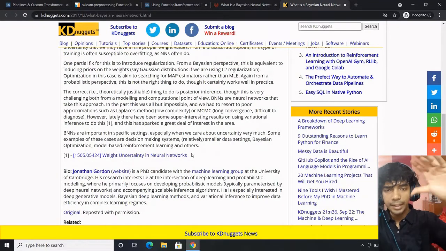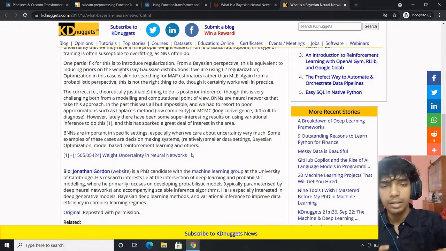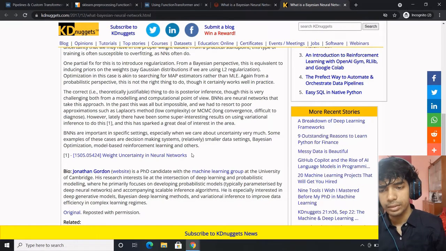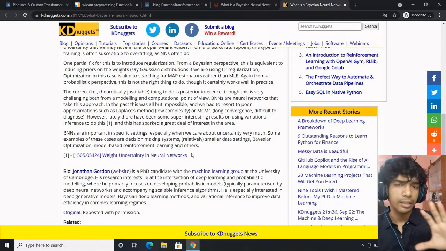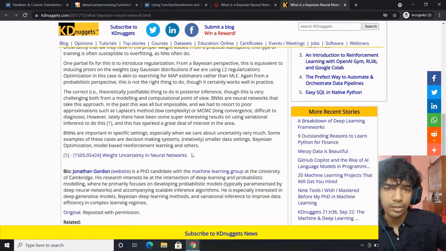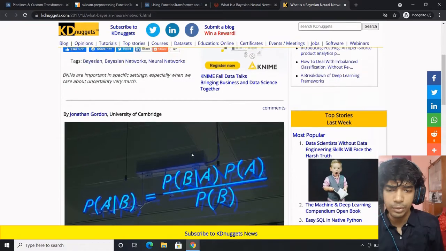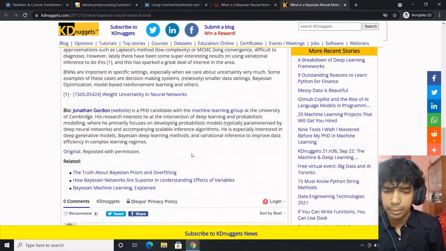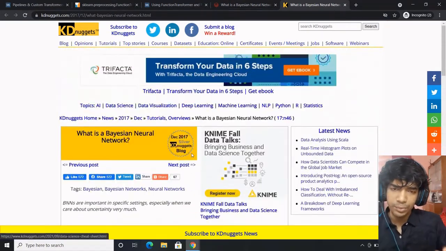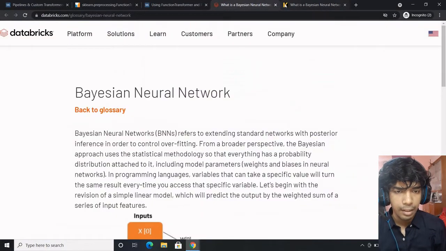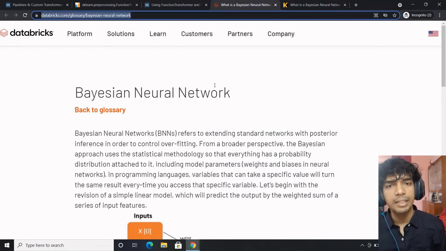it is able to scale to a large network. Even on a large problem domain, it is able to scale up quite well, which is usually a drawback of neural networks. Overfitting is regularized without any additional regularization parameters. It is automatically taken care of by the Bayesian neural network. So this is an extremely new concept. I did read about it, but I wanted to explore this with you folks, and this is what I always do.